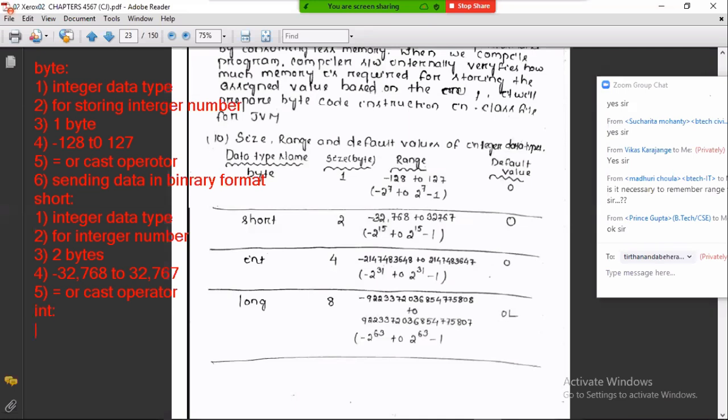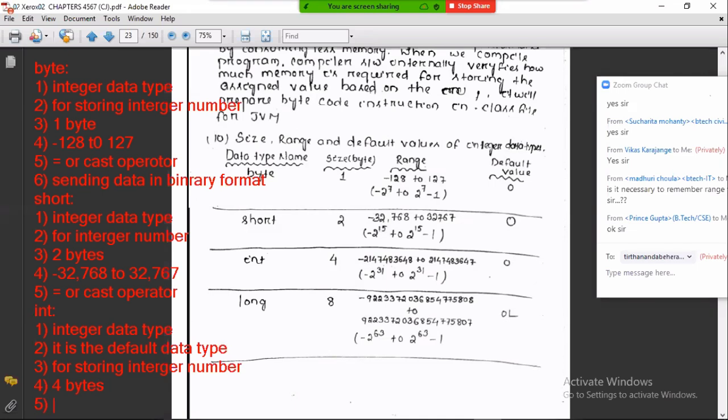Next is the int data type. First point, it is an integer data type. Second, it is the default data type. Third, it is also used for storing integer numbers only. Fourth, it provides 4 bytes of memory to store a value.